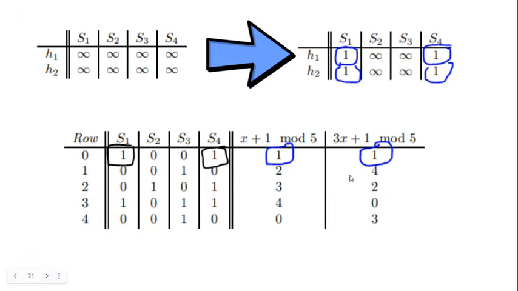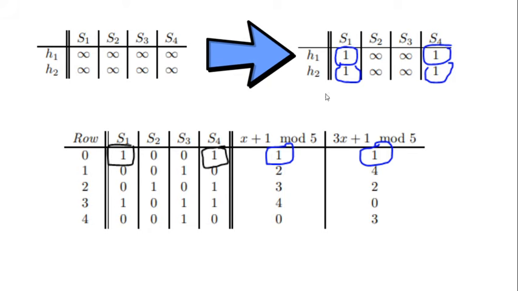What we're going to do is scan it row by row, and see which entries are going to be updated in the signature matrix. So this is our initial signature matrix. We check row 0, and we can see S1 and S4 can be updated with the value 1 for h1 and 1 for h2. So S1 has infinity and 1 is obviously less than infinity, so it can be replaced. So 1 comes over here. And again we check for h2, 1 is less than infinity, replace it here. For S4 now, 1 is less than infinity, so we replace it here. And then again we check for h2, 1 is here, and we can replace it with h2. So this is our resultant matrix.